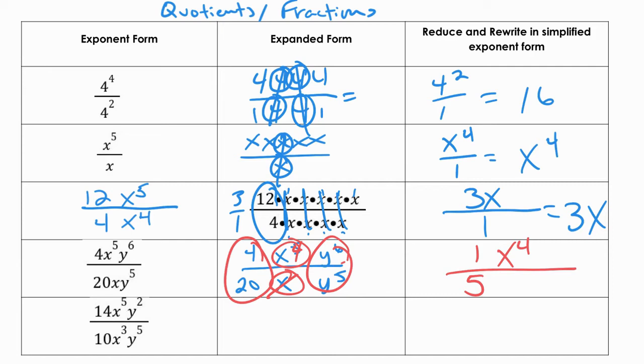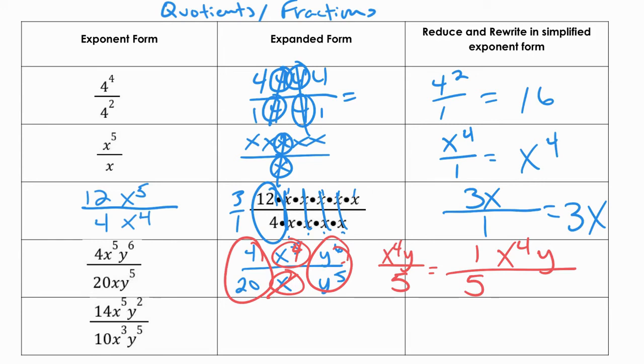If I go through crossing those out, I'm going to have 1 left over, and that's going to be on the top, so it's y. So even though I wrote so big there, I can rewrite this as simply x to the 4th y over 5. That's a better way to write it. You don't need to put all those 1s in there. For my next one, I have 14x to the 5th y squared, 10x to the 3rd y to the 5th,